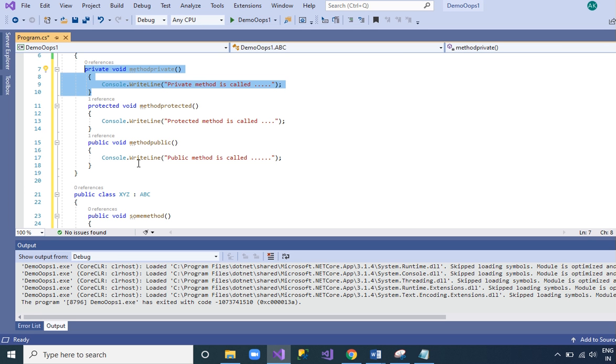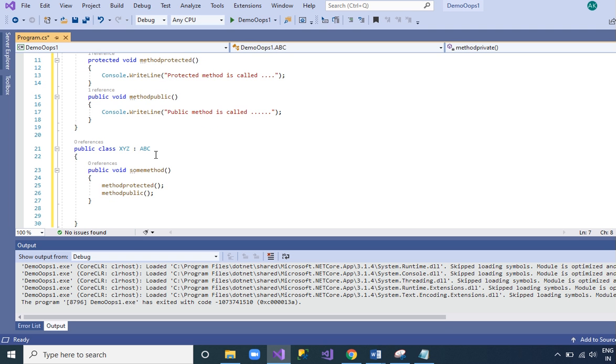But the mechanism we use to access the private data member outside of the class is called abstraction. We will understand how to access this private data member outside of the class in abstraction.